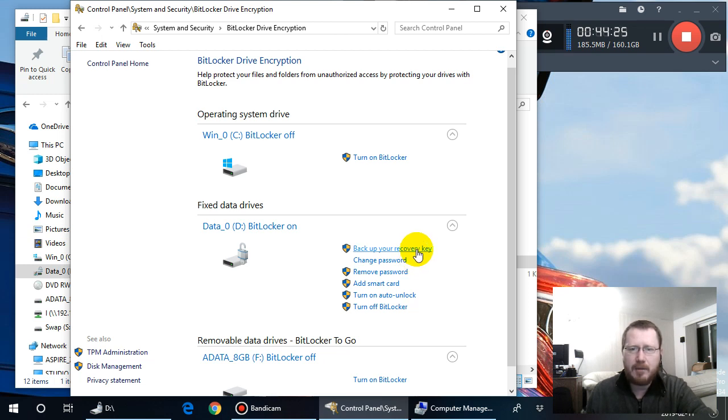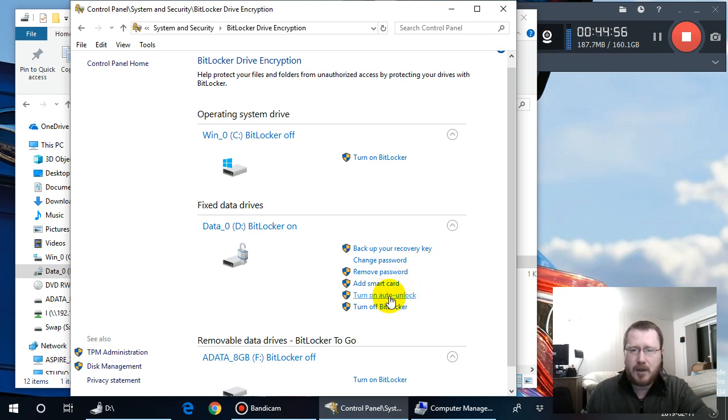You unlock the BitLocker drives with a password, and we have the option of change the password, or we can remove the password and just rely on the recovery key. But that would make our life a little harder, because recovery key is just a long string of numbers. So if you do that, you would have to type those in on the command line,